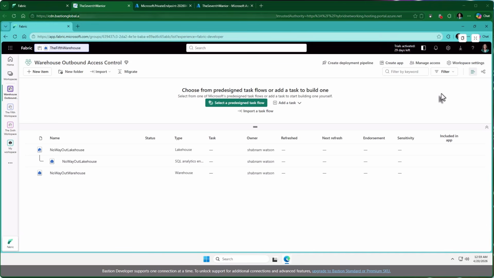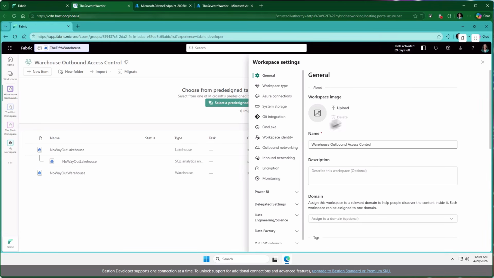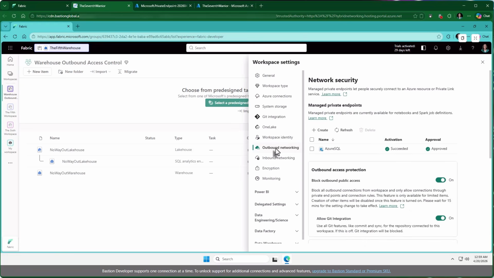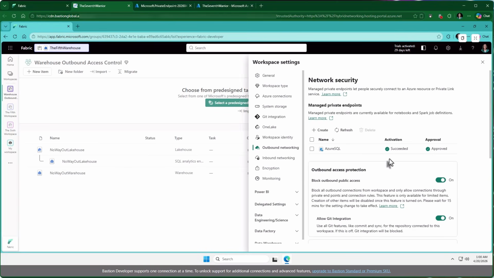And then outbound is a little bit easier to set up. You don't have to leave Fabric to set up outbound. For outbound, if you're creating outbound protection for notebooks or Spark jobs, you can create managed private endpoints from within the workspace. It takes care of it for you. And then if you're working, for example, with the warehouse or the lakehouse, for those items,